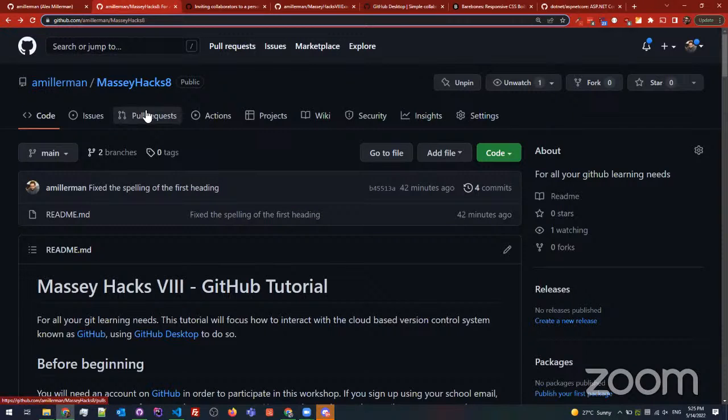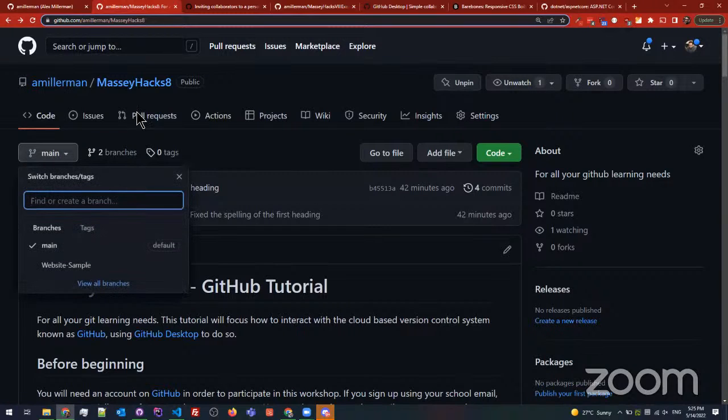A lot of you are doing website stuff, right? You're looking to make a website and host it somewhere potentially, and establishing some kind of hosting can sometimes be complicated, or you don't need it to be very verbose. You just need to be able to do a very basic website because you have an index file on your repository, right? So I preemptively did this over here on the MasseyHacks tutorial